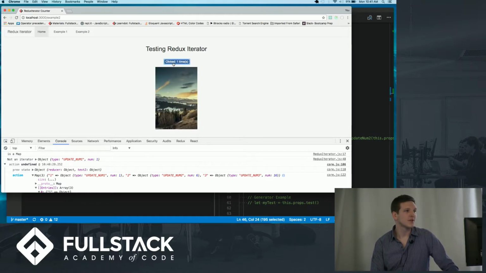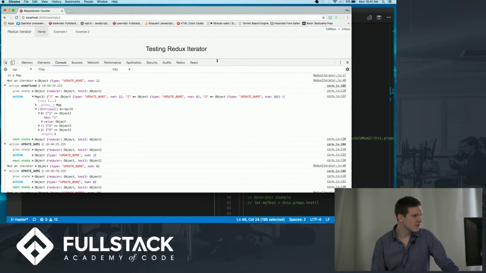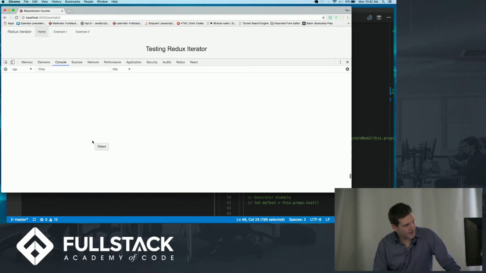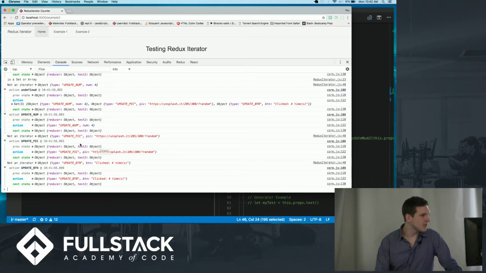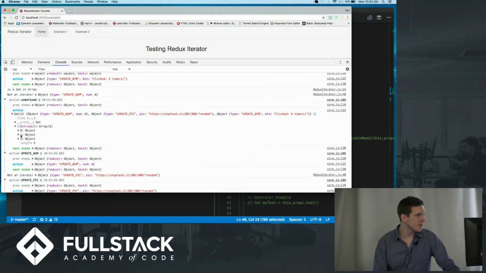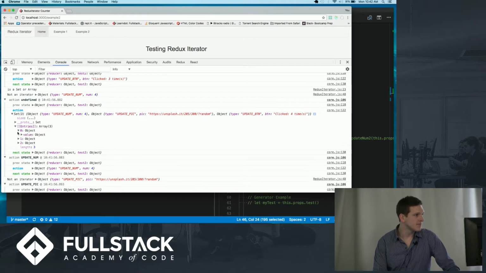The placeholder picture is kind of slow, so deal with that. But you can see that we are sending through a set each time with information that needs to be updated,